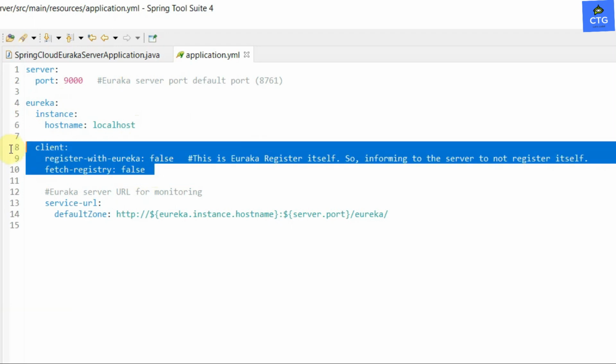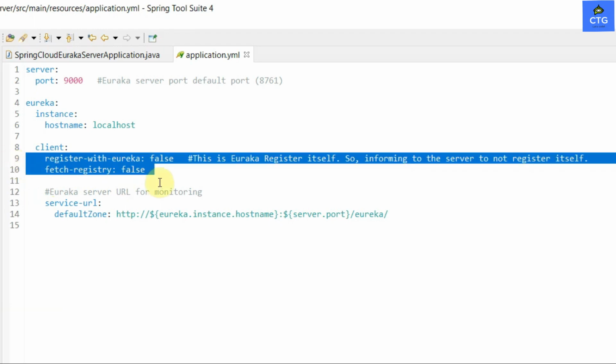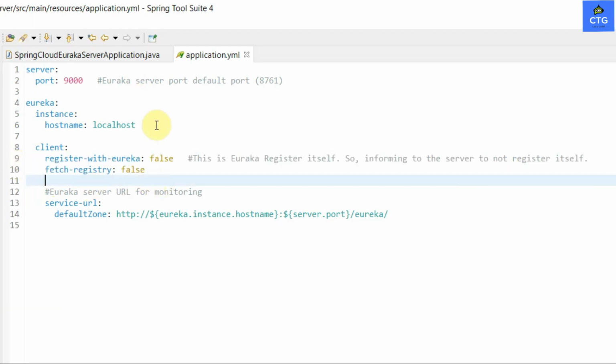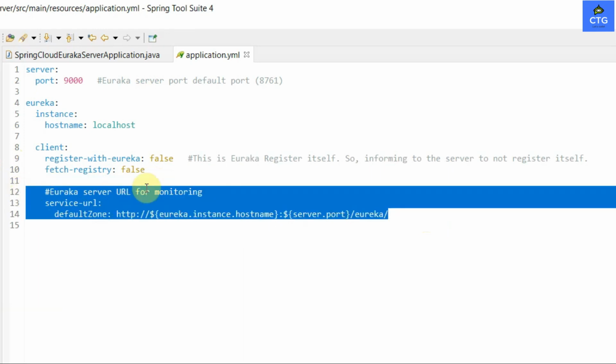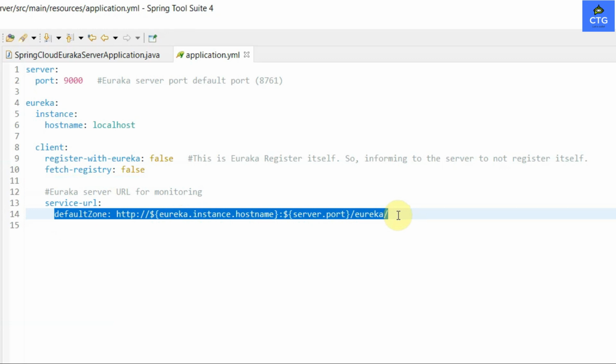That is the reason we set register-with-eureka and fetch-registry both to false, because this application will act as a Eureka server. Then the next configuration is eureka.client.service-url, under which we need to create a defaultZone.